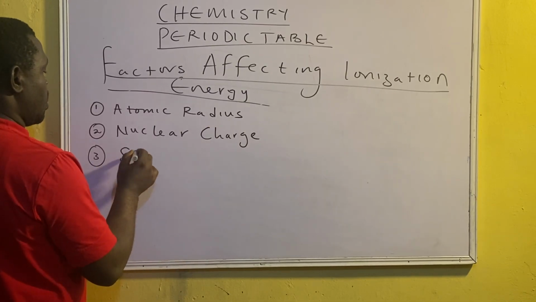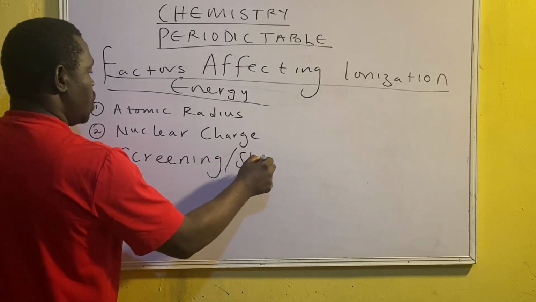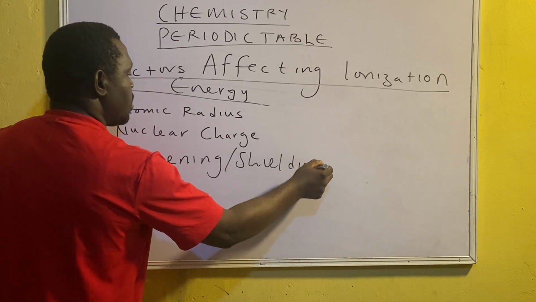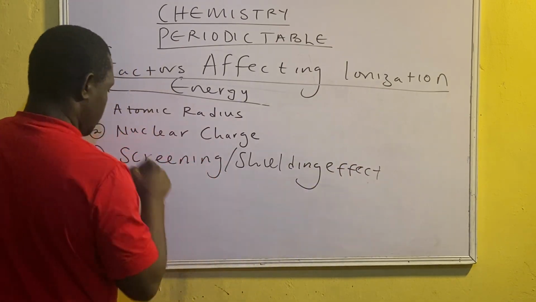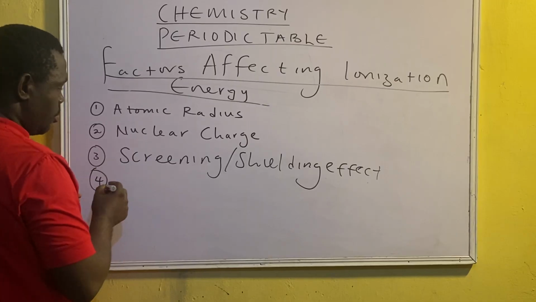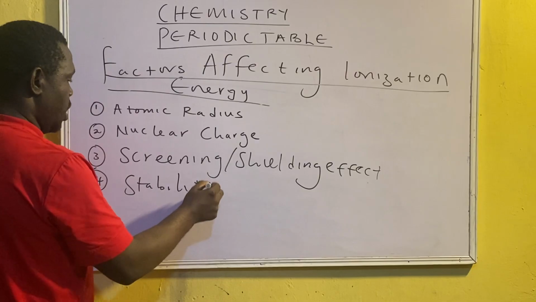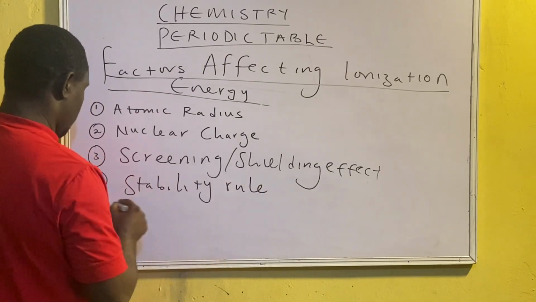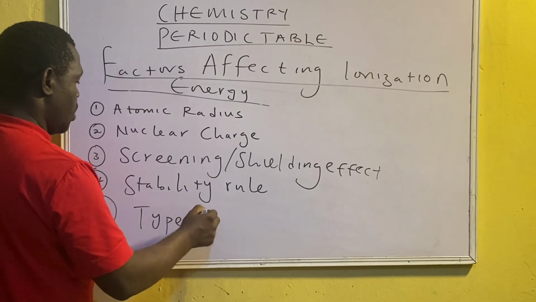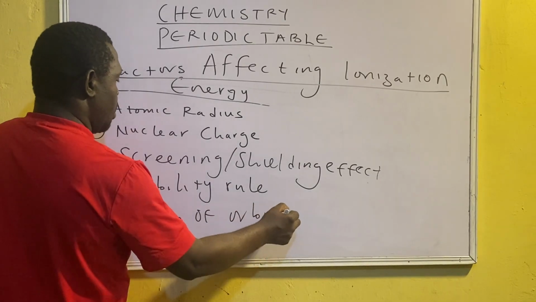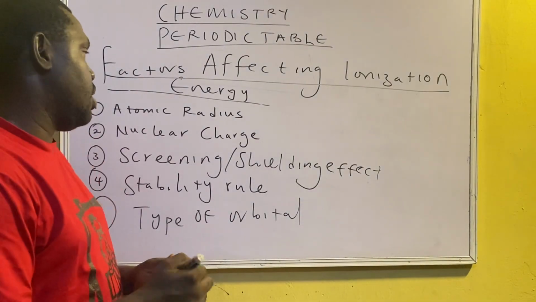Number three, screening or shielding effects. Number four, stability rule. Number five, type of orbital. So we have these five factors affecting the